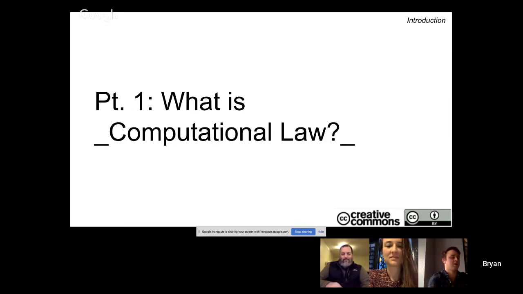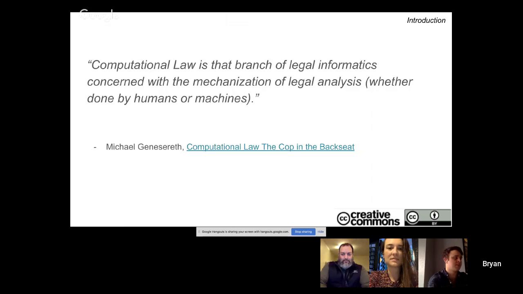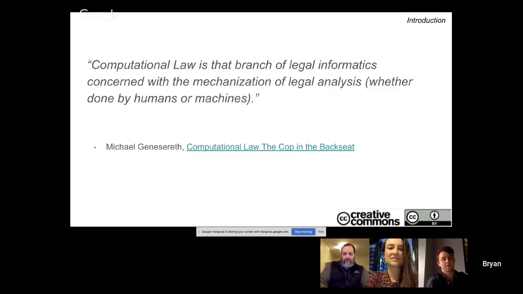So what is computational law? A lot of people might not be familiar with it. It's a nebulous concept. Michael Genesereth from Codex came up with this definition. Computational law is that branch of legal informatics concerned with the mechanization of legal analysis, whether done by humans or machines. And I think that highlights something that's going to be important throughout this lecture and throughout the course,